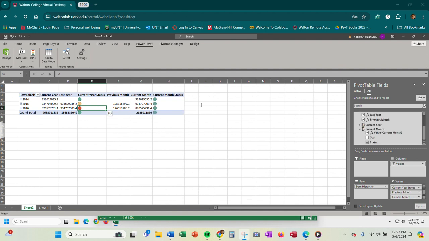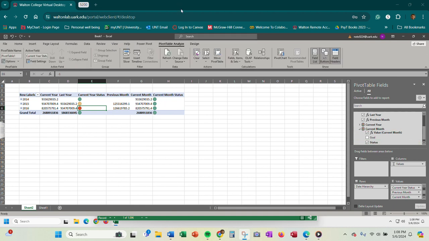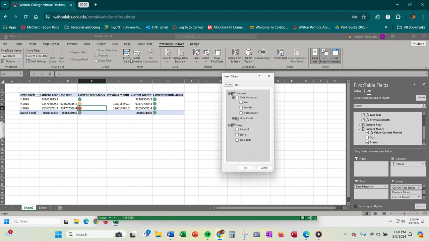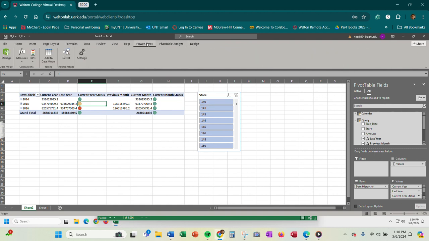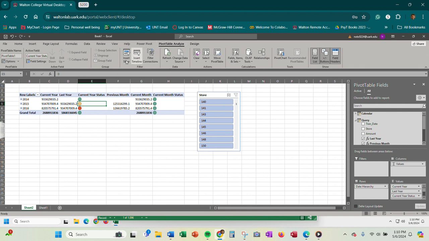Okay, and I've taken out the old status and put in the correct status here, and now I have the color coded dots. Okay, I'm going to come over here to insert slicer. Okay, so I've brought in store through the slicer,